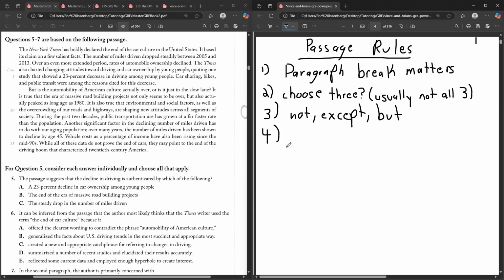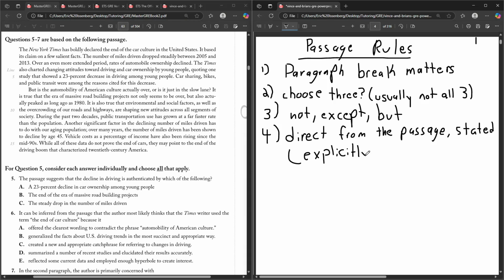But going back to more specific to the story, in the verbal section, we have direct from the passage, stated questions, and what these mean is that it's explicitly mentioned. So these types of questions are kind of, I'm sure if you remember the ACT or the SAT,